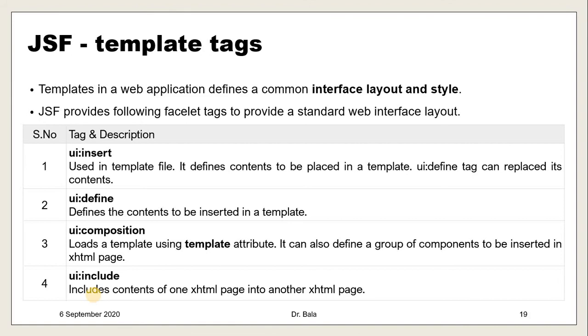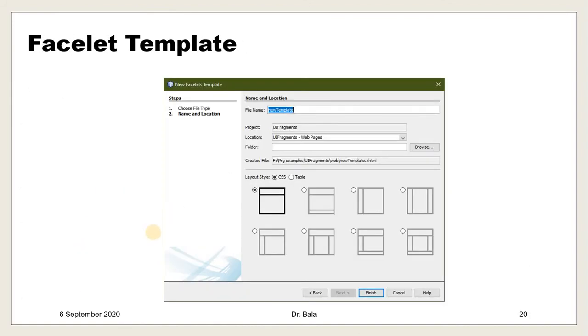Okay, so how are we going to work in NetBeans? In the new file, we have to choose JSF template, JavaServer Faces template, where you choose Facelet template. Once you choose Facelet template, there are 8 different templates available. You can choose any model of page that you want. For example, I have chosen here head, left, bottom, content. Okay, so this is head and the content only.